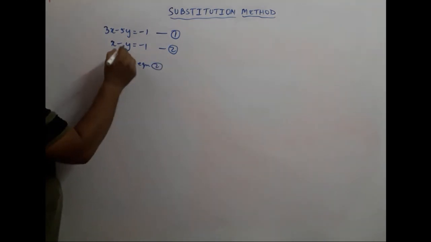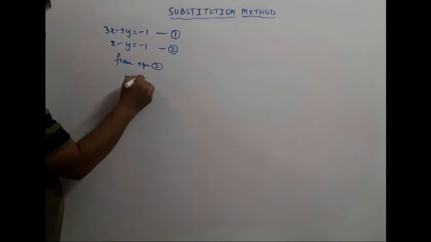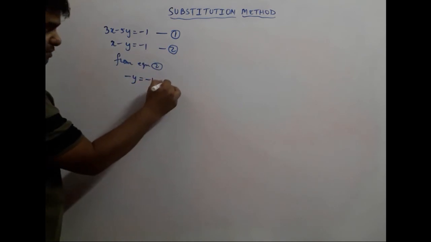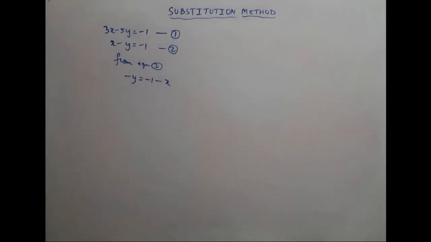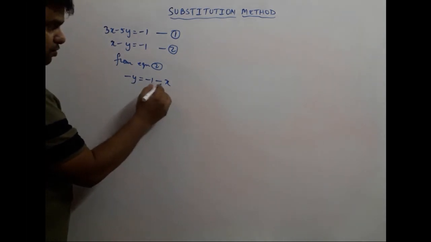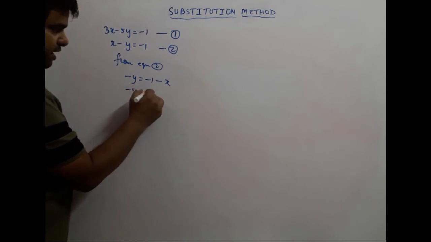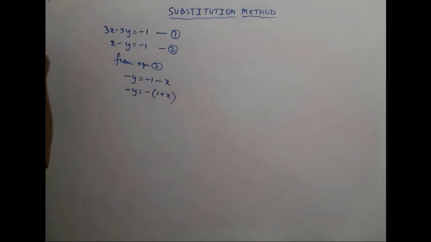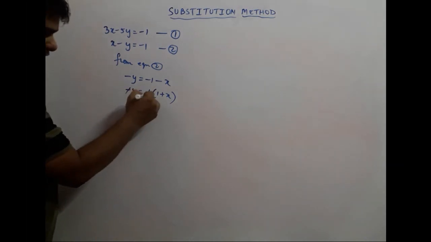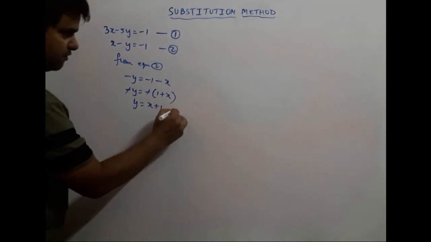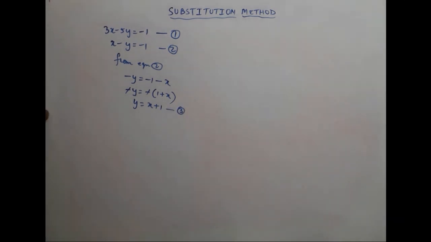and what I'll do is I'll keep y on the left hand side. So I'll get minus y, minus 1 will remain here, x which is positive goes on the other side as minus x. Got it? Now since minus sign is common to both of them, I keep y over here and I take minus sign outside, and this becomes 1 plus x, which can be written as x plus 1 as well. Then we can cancel these signs and we get y equal to x plus 1, and we mark this as 3. Got it?